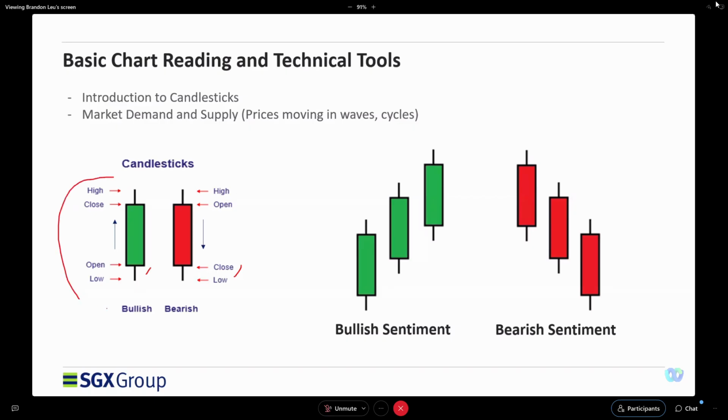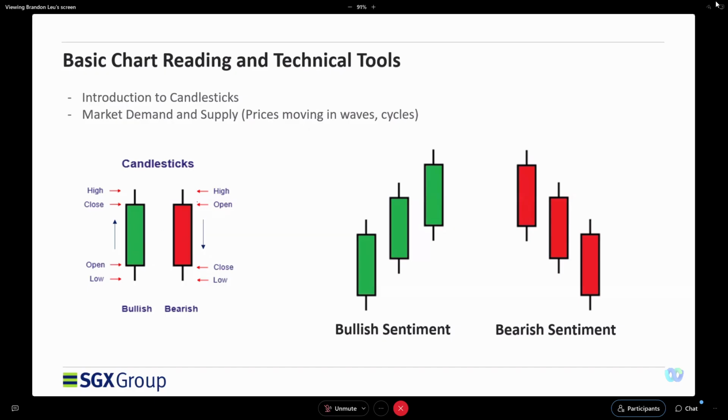We look at the first instance here. So the day opened at the bottom of the candle and it traded lower. This is called the low or the wick of the candle. And at the end of the day, it closed higher, or it might actually test the day high before coming back. So the trading day will look like that. At 9 a.m. it opened and it traded down, it traded higher, and it closed near to the high of the day. When it closed near to the high of the day, we see a green candle.